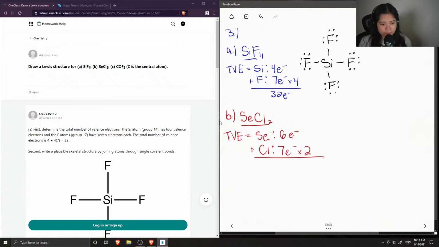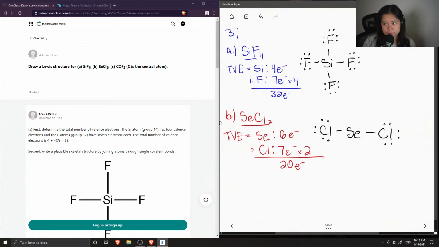So 14 plus 6, we have 20 valence electrons. And selenium will be our central atom, and it'll just be single bonded to both of the chlorines. And each of the chlorines will have their